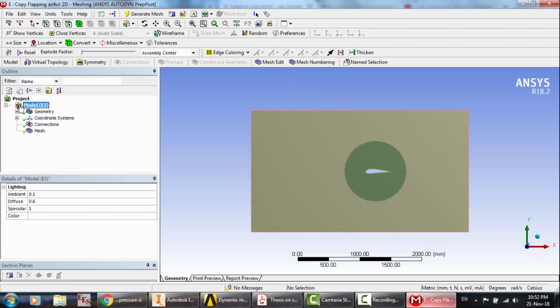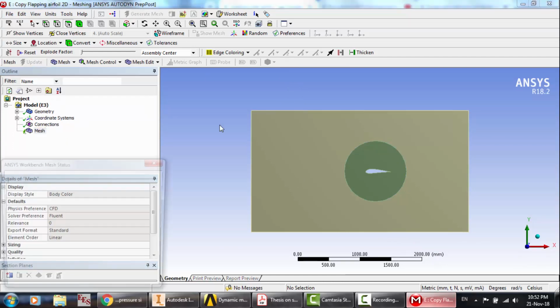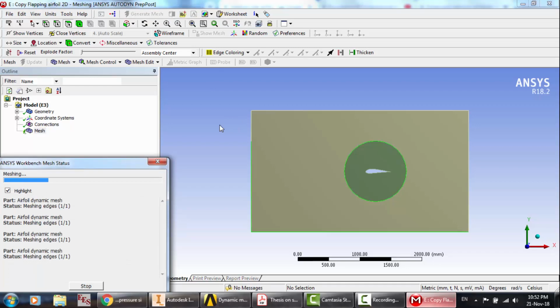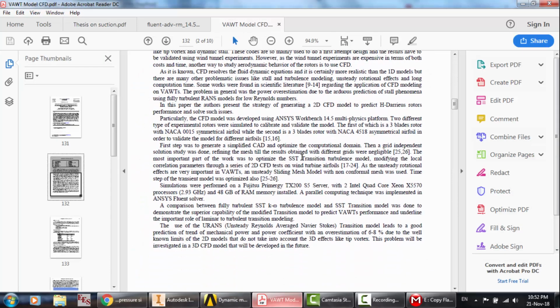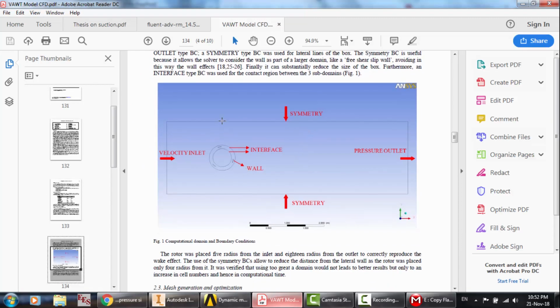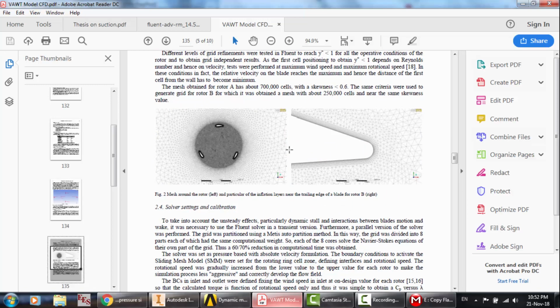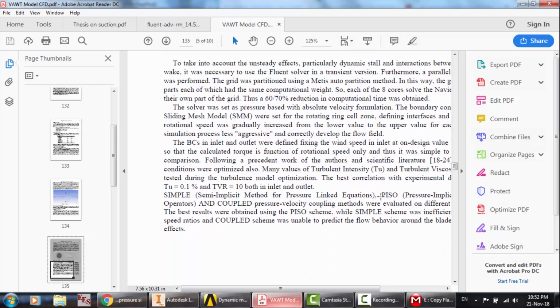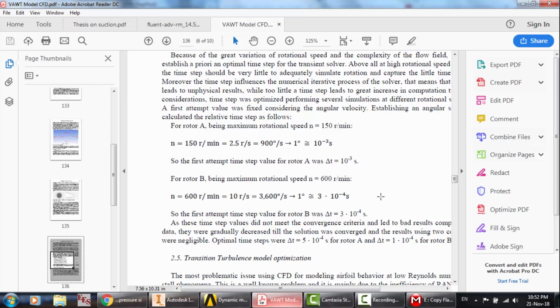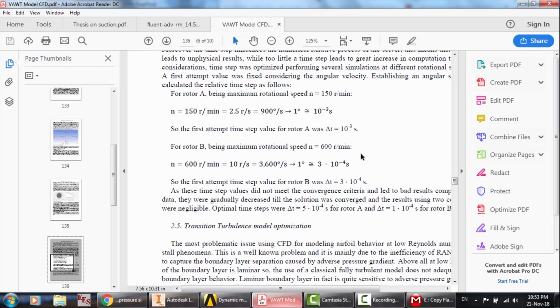So we have here the geometry. I'm going to use a random mesh right now just for this tutorial, and please, you have to check out the research papers that you can use and how to do the refinement, how to follow these recommendations. And here is the inflation, because this is an unstructured mesh, and you should do an inflation for the structured mesh surrounding the airfoil to capture the boundary layer, especially when you use the SST model or an accurate turbulence model that captures the separation point between the laminar flow and then transition and then becomes turbulent. Okay,